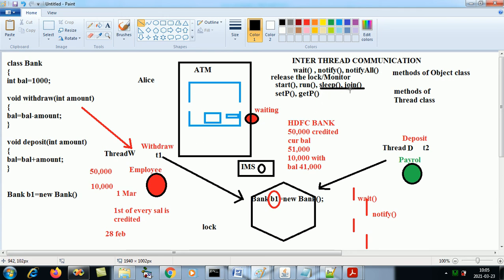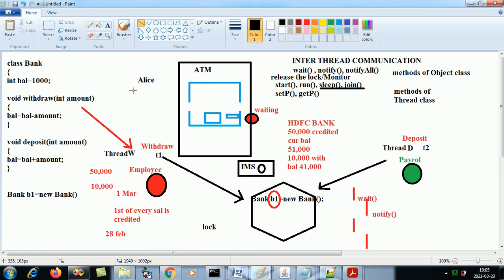This is what sleep and join do. They lock the object and go to sleep, but wait will release the lock and then go into a waiting stage, so that the next object can come and do the depositing. Understood? Okay. So the first thing about wait is that it releases the lock.